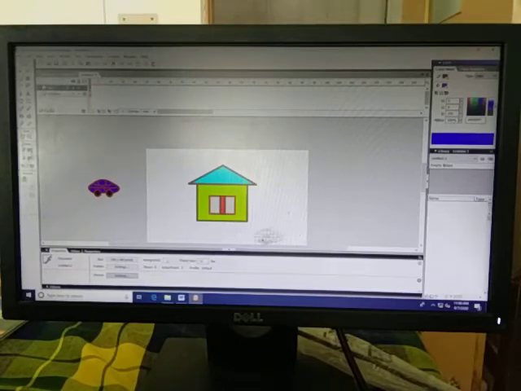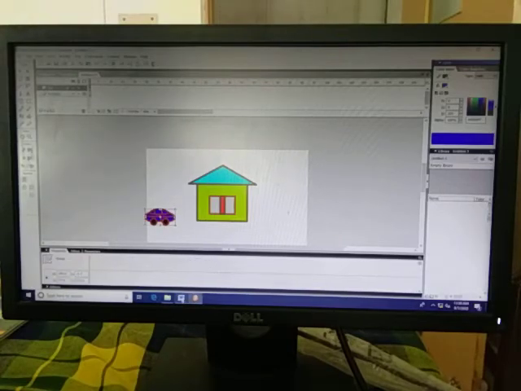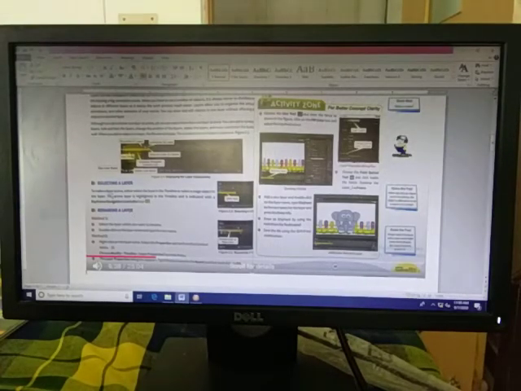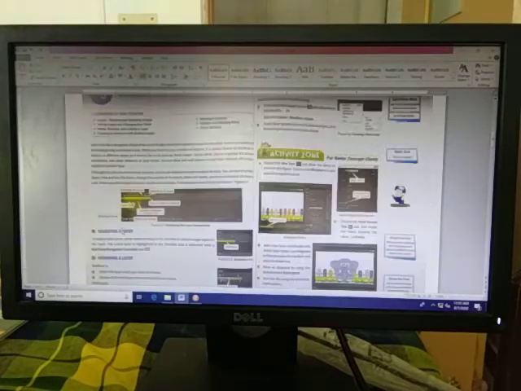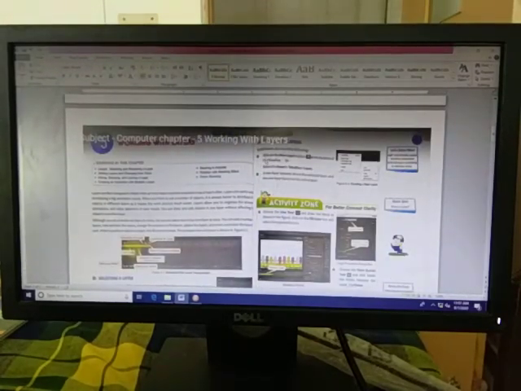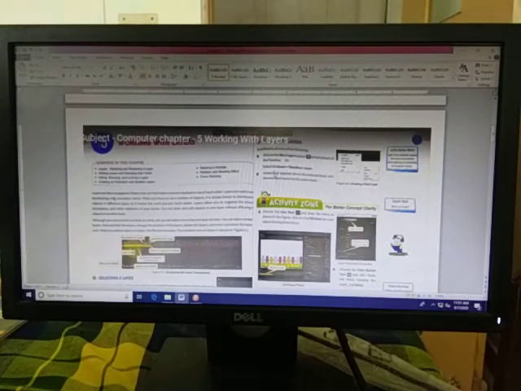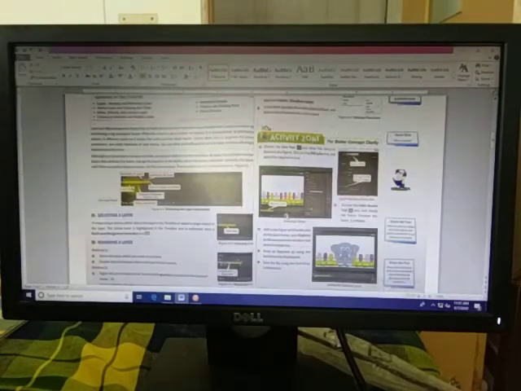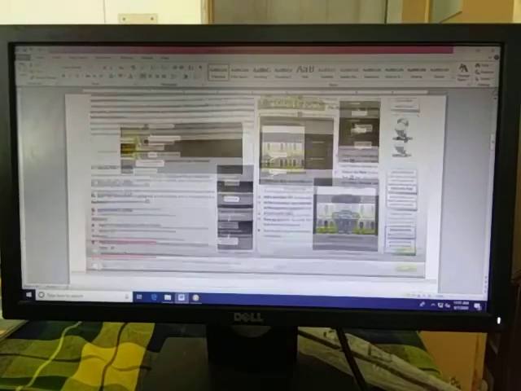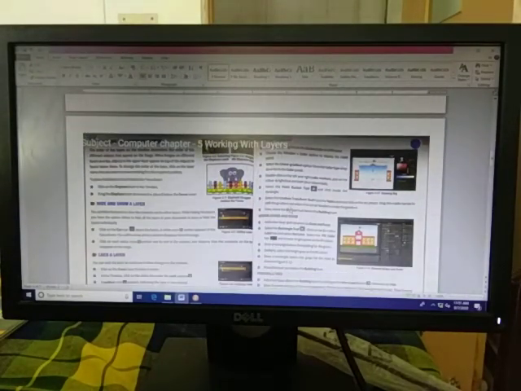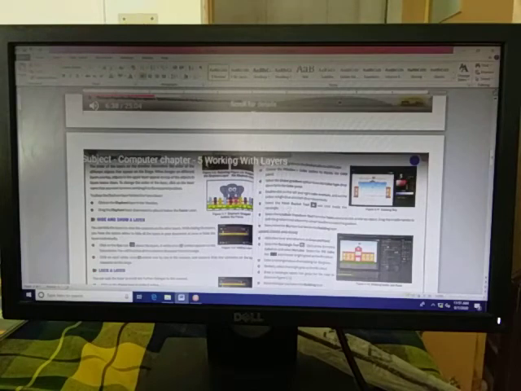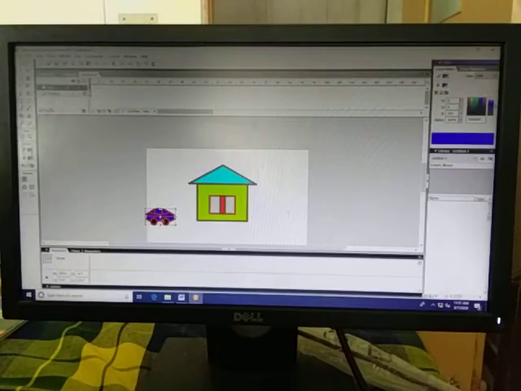So this way you can. Now how to make an order? So rename is clear, selection is clear. Now the next one is how to change the order of layer. How to change the order of layer. So simply we will go there. You can see my car is moving.